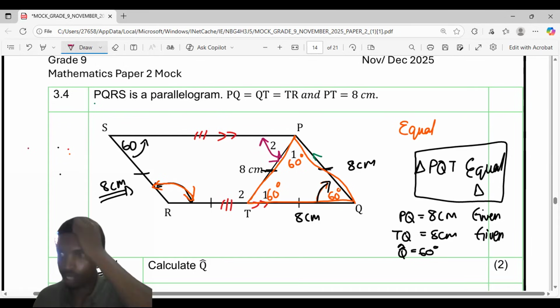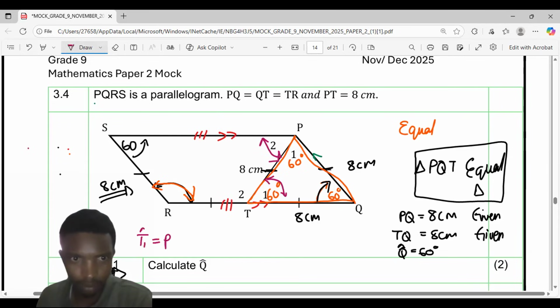How much is angle P2? 60. In fact, let's say angle T1, that angle there, is equal to angle P2, right? Because they are